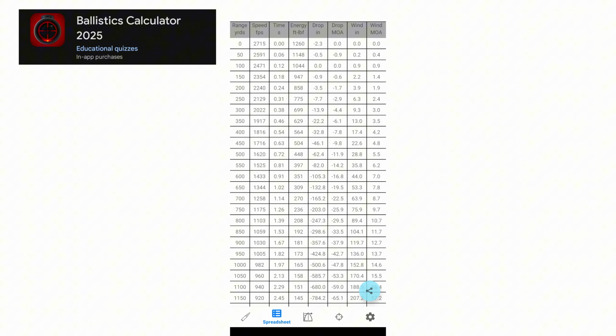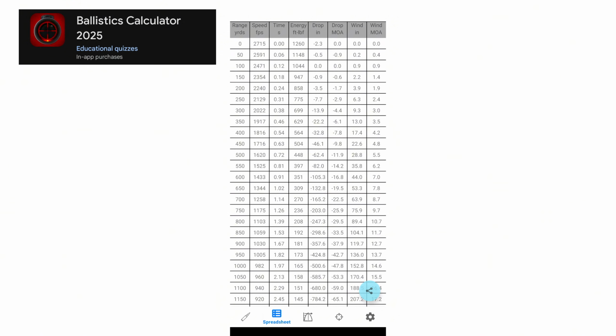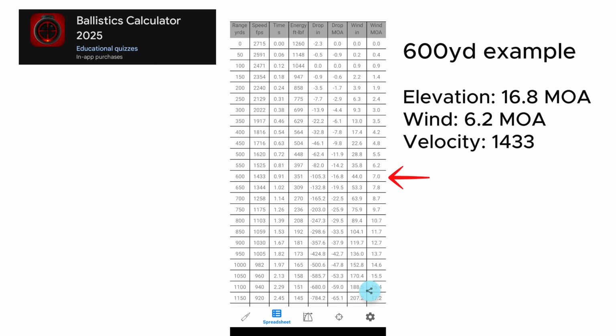This will show you your adjustments from your predetermined ranges in the settings. So you can have this increment up in 1, 5, 20, 50, 100, 200, all depends on you. It'll give you pretty much all the data that you'll need to get on paper. You'll drop in MOA or mil, your wind, and this is just a super easy way to do it. I said I'd touch on this later,